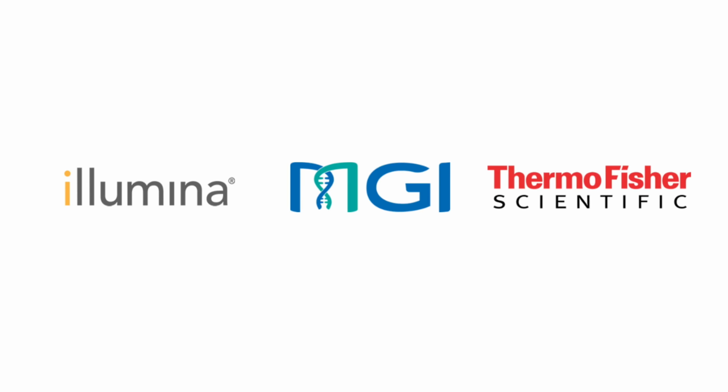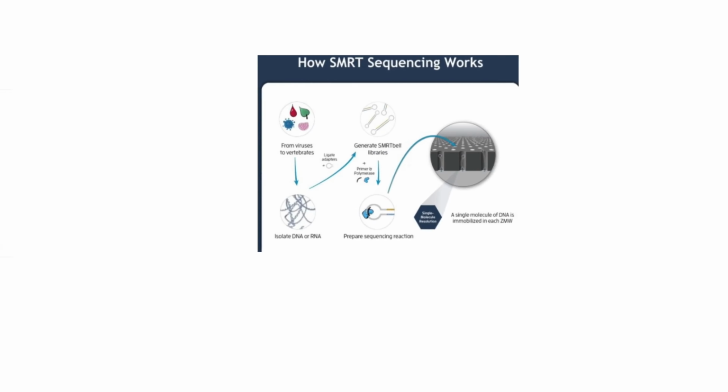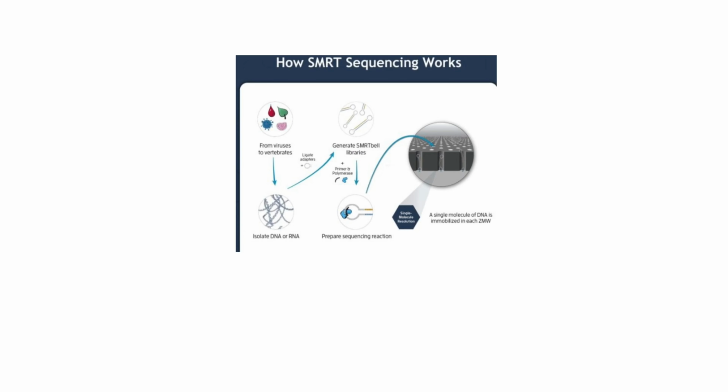Beyond SBS, there are long-read platforms like Oxford Nanopore and Pacific Biosciences (PacBio) that use fundamentally different principles. Oxford Nanopore technology reads individual long DNA molecules directly by measuring the change in electrical current as a nucleotide passes through a tiny nanopore, while PacBio's single molecule real-time (SMRT) sequencing uses light detection to monitor the addition of nucleotides to a single DNA molecule in real time. Both long-read technologies can generate reads tens of thousands of bases long, which is invaluable for resolving repetitive and complex